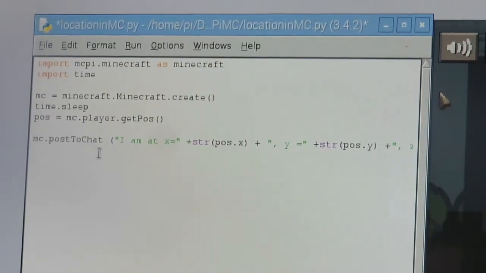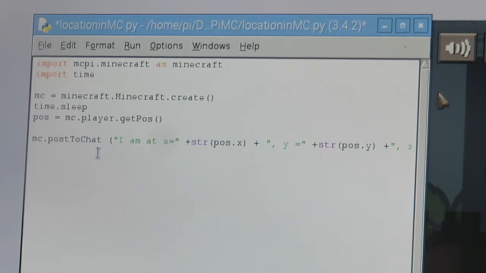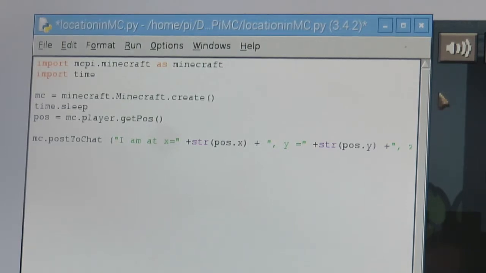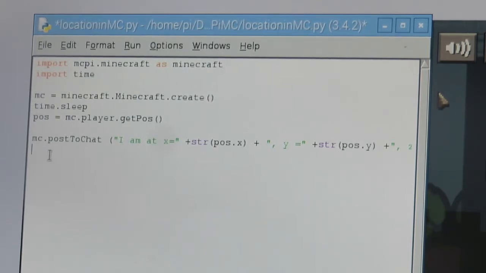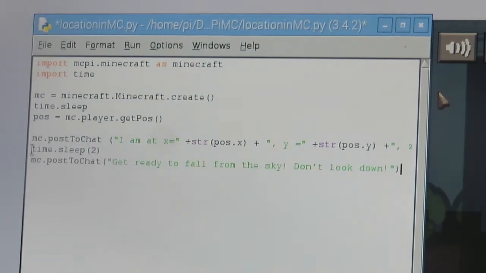Okay, so now we know how to get the coordinates of our character, but let's say we want to do something else, like control where our character goes. So what we can do is add in some code here. If we keep our location code that we've already been doing going, and we just add a few more lines, and we type in time.sleep for 2 seconds, this gives us a pause here. And then if we type in this right here,